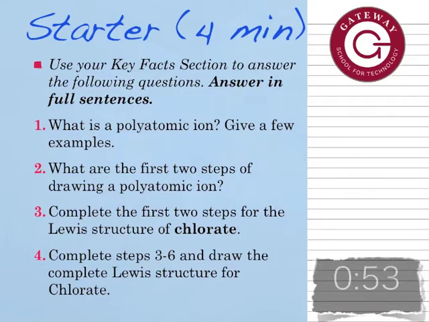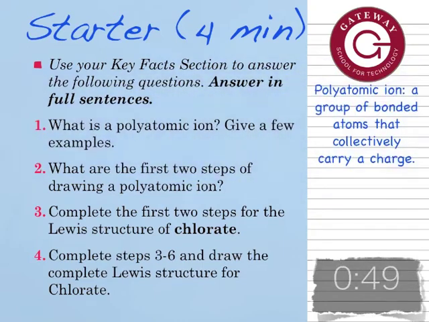Alright, it looks like you're ready to go over these answers. What is a polyatomic ion? Give a few examples. A polyatomic ion is a group of bonded atoms that collectively carry a charge. So instead of just having one atom with extra electrons or extra positive charges from electrons, they are a group that are covalently bonded, and all together they have more electrons than they should, or fewer electrons than they should as a group. Okay. Some examples could be chlorate,